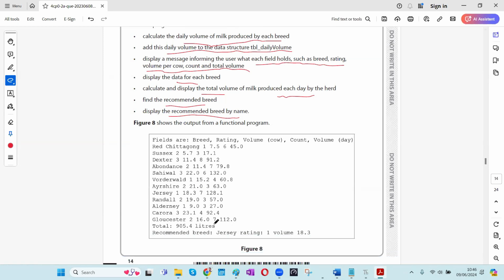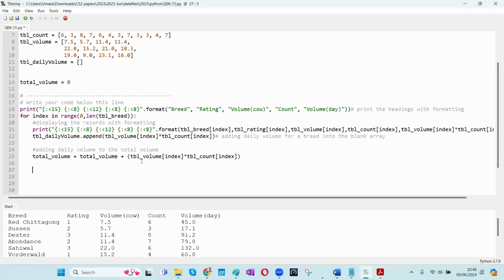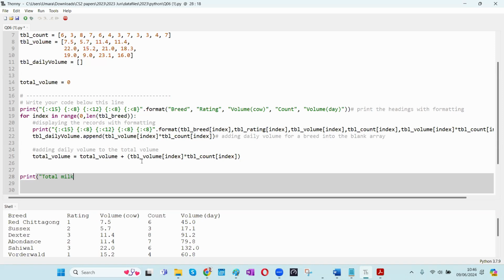Yeah, you can see it's displayed at the end, right? So let's display it at the end. At the end means it should be out of the for loop. So print total milk volume is